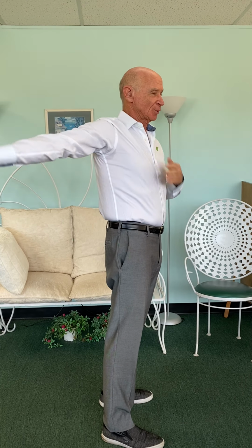The other one is very simple, that I call around the world. And this is by rotating your shoulders and arms this way, but you do it together. Because if you do it with just one arm, you'll turn your body and not your shoulders going back together. You want to open this area up as much as possible. So this is like taking off a shirt. So you go across, you always push outward with the hands, you go up. You'll see my rib cage is lifting. I go back a little, down,